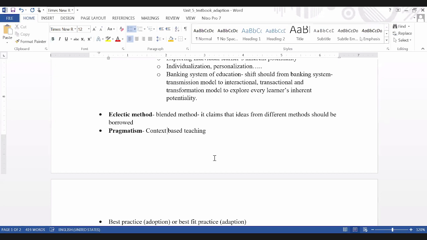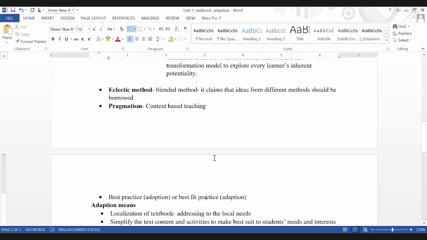Then pragmatism. Okay, context is important. So context determines learning of language use and language learning also. So best practice versus best fit practice is today's debate. आजको विवादै के हो भने, do we search for best practice or best fit practice? This is what we have to discuss. And our conclusion from this discussion should be not best practice but best fit practice, because the reason is